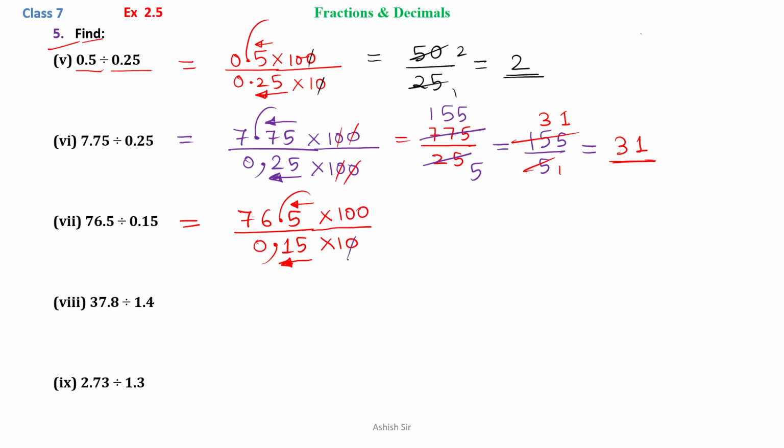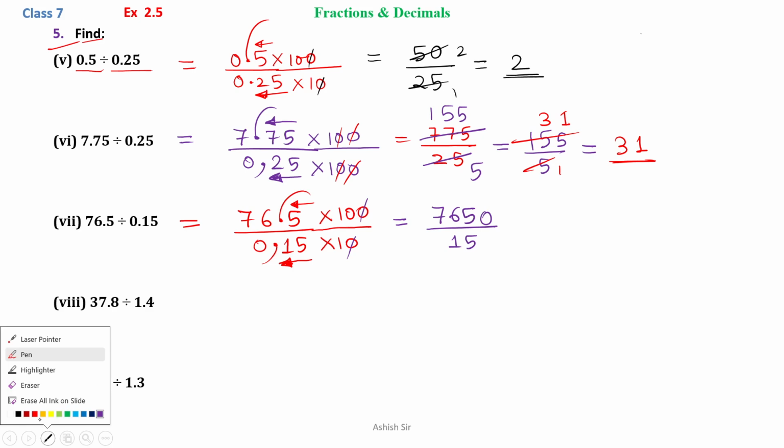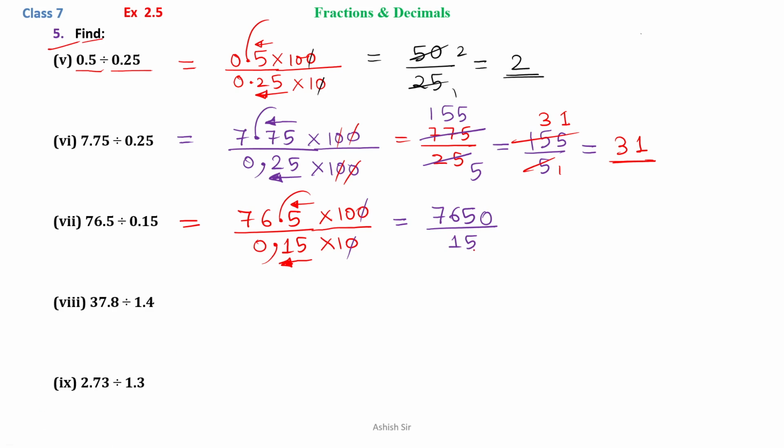Now we can cancel 0 with 0. And what we have is 7650 divided by 1515. So we can cancel the numerator with the denominator. We can directly cancel either with 15 or we can cancel with 5. So if we go with 15, 15 ones are 15, 15 fives are 75, 1 remainder, so it is 15 again, 15 ones are 15 and 0. So we can directly find out the answer, 510.